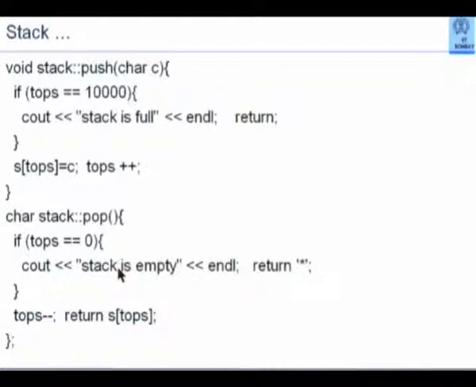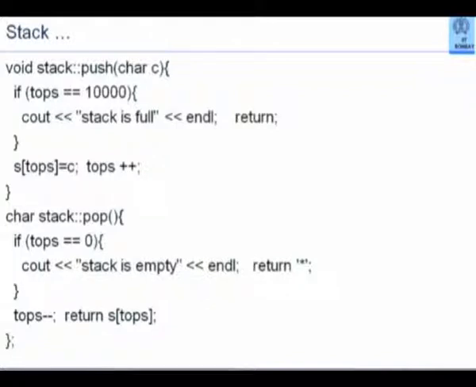These are the two main functions. I can have additional functions. For example, the standard implementation also permits you to look at the element at the top, the actual element. So you have another way of saying top. It will not change anything, but it can permit you to look at the top element. But that's a standard implementation which we shall discuss later.